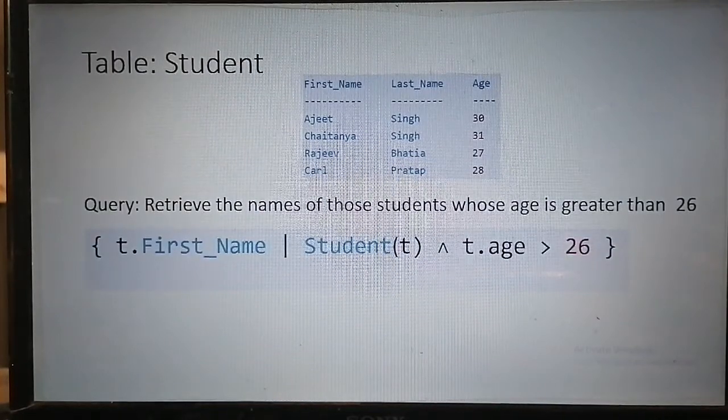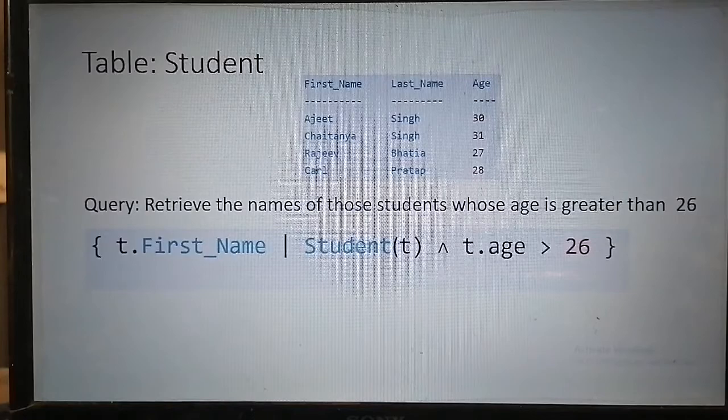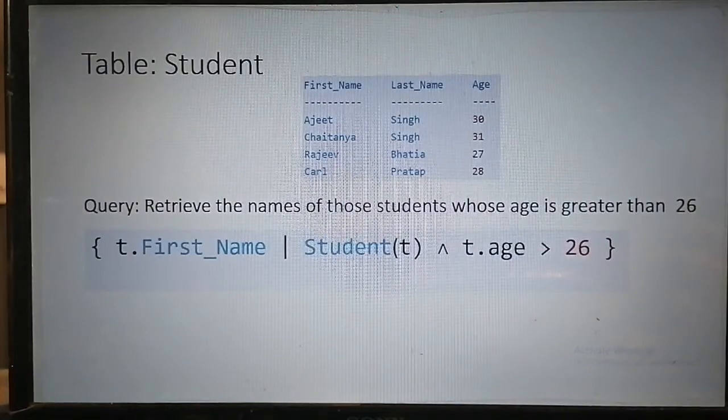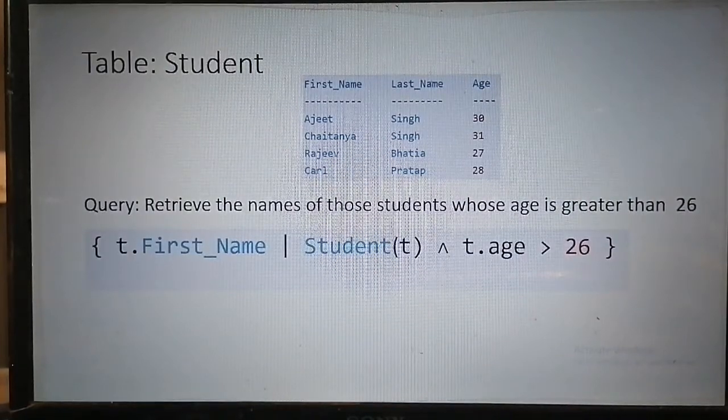Here t is the tuple variable that holds all those tuples that satisfy the condition. But we just want the name of students, not the whole information of a student. That is why I have mentioned t dot first name. So we will get only the first name from all tuples.